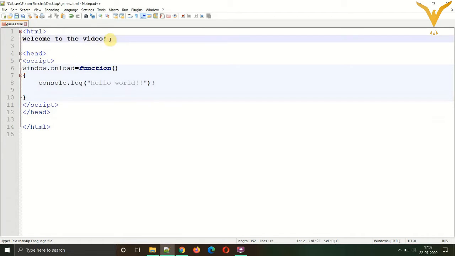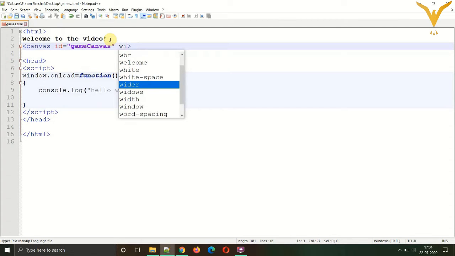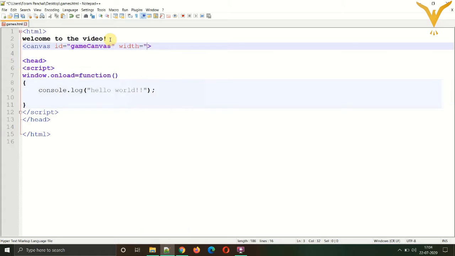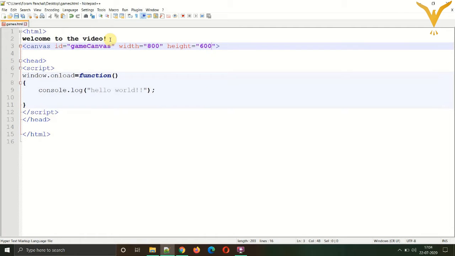Now let's create the canvas using the canvas tag. Notice that we are creating the canvas in the HTML section, not the script section. Canvas id equals game canvas, width 800 and height equals 600. 800 by 600 is a very standard size for your canvas.